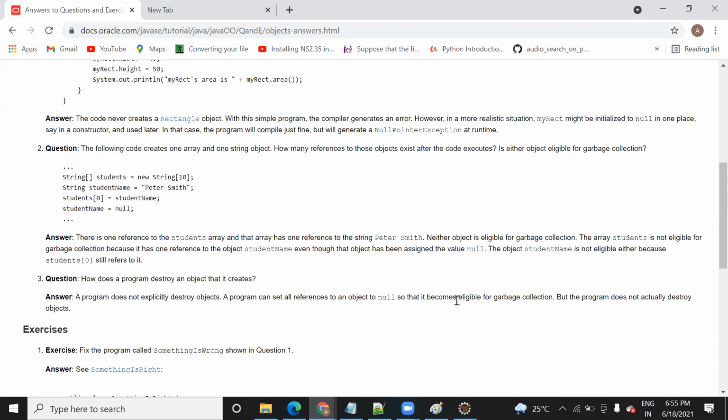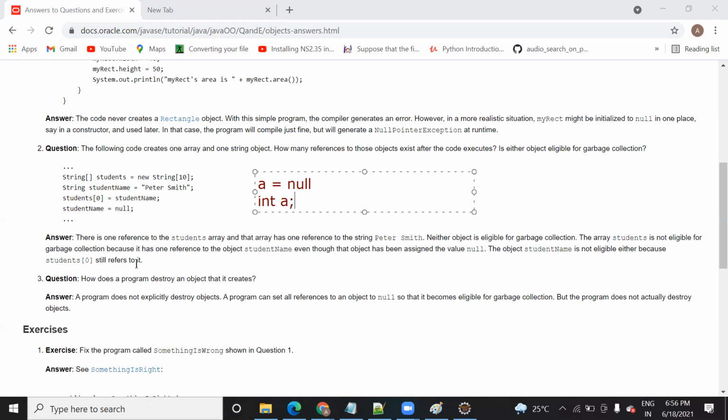You don't need to destroy the object. If you do not initialize any value to a variable, or if you initialize null to it, that means that variable is of no use. Suppose a variable a, if you initialize the variable a to null, it means that variable is of no use, because it has a null value. Similarly, if you declare a variable like a and have not used it, it will automatically become eligible for garbage collection. So the Java program will not necessarily release the memory immediately while your program runs smoothly.